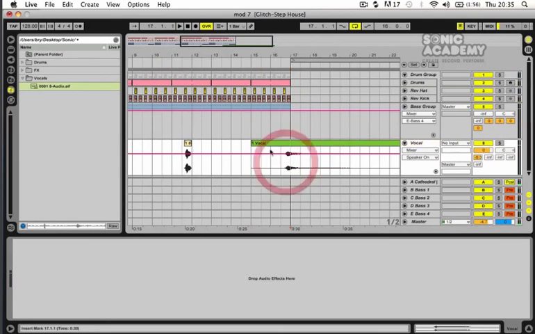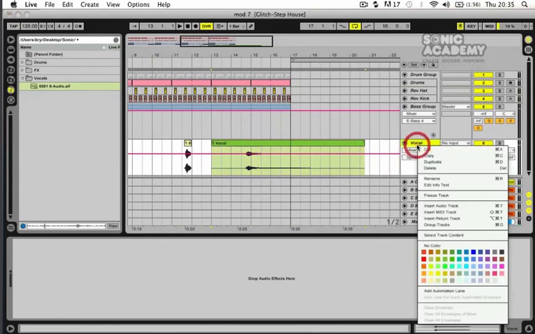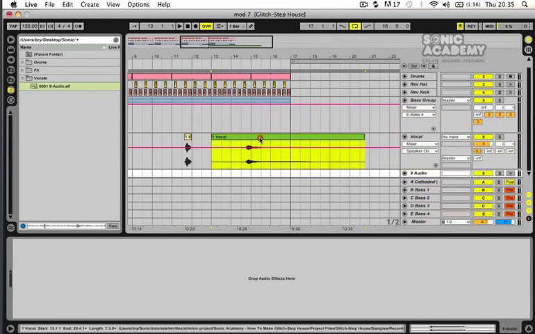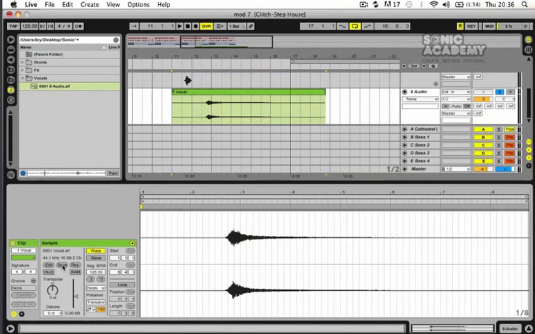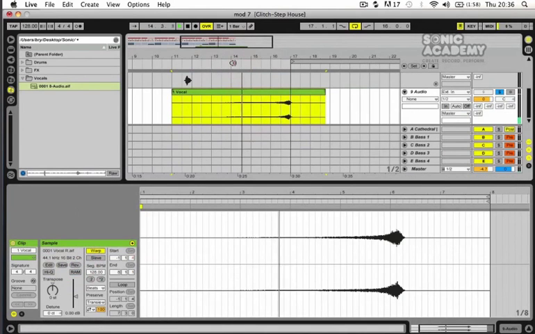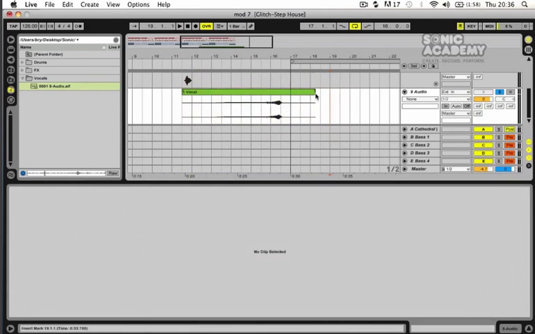Okay, so we've got this nice vocal reverb now, which if we listen to, we'll maybe make a new track for that. Just drag it down so that there's no reverb on it. We'll just solo it and have a listen. Okay, so what we're going to do is just double click on this, and we're going to go down to the reverse button, and that'll reverse that round. So we get that nice sort of pulling effect. So we can drop that in, and we'll just